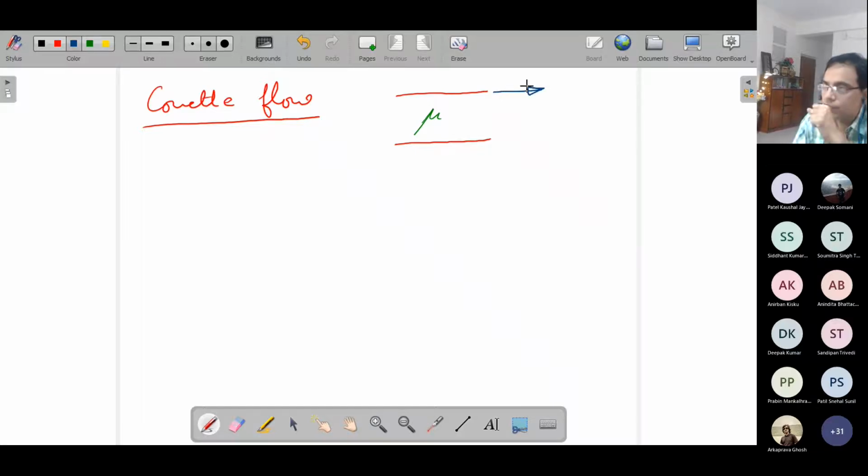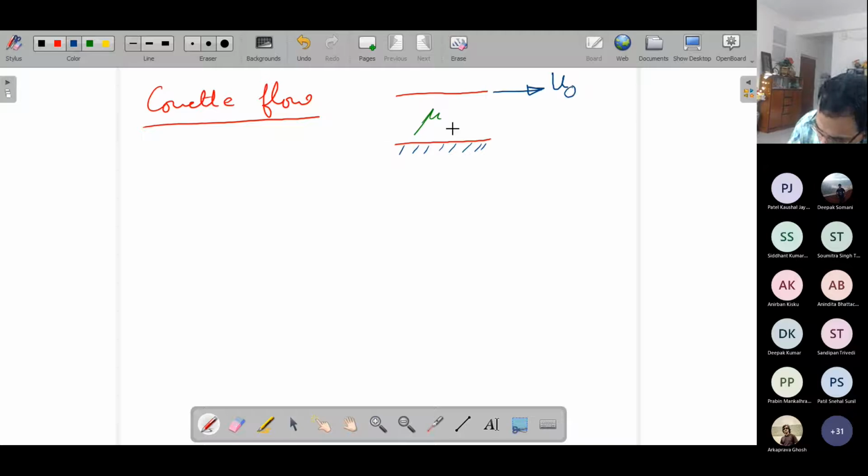I mean, it doesn't matter which plate is pulled in which direction. The main thing is the relative velocity between the two plates in the axial direction. In the axial direction, not in any other direction. So that is critical. So here the relative velocity in this example is created by keeping the bottom plate stationary and the top plate moving towards the right in this case with say a velocity, let us give it a name, say u0.